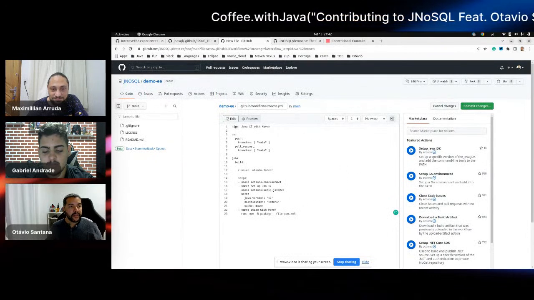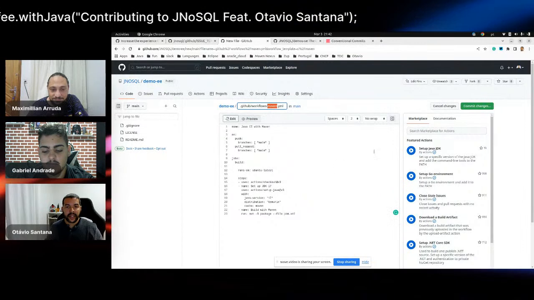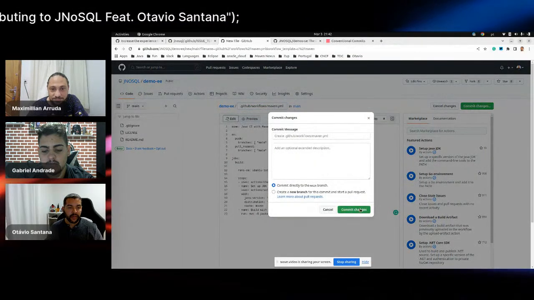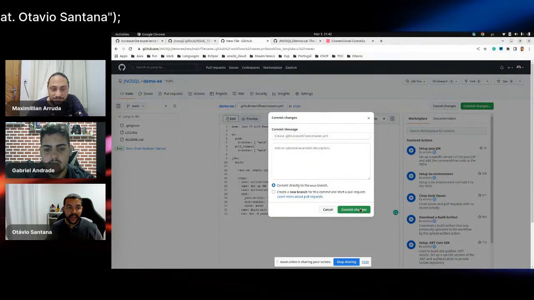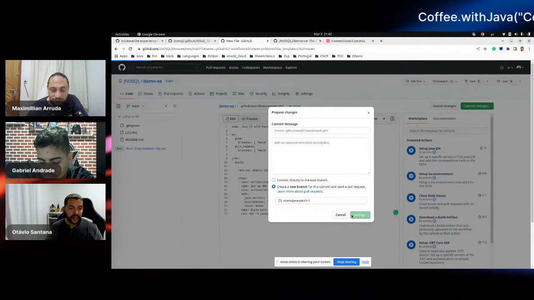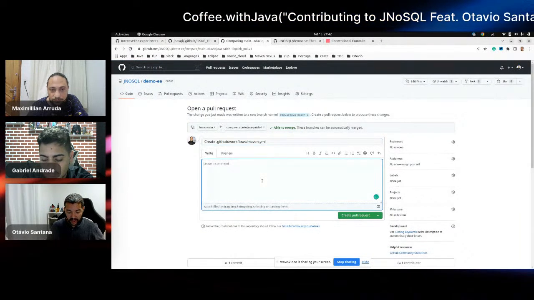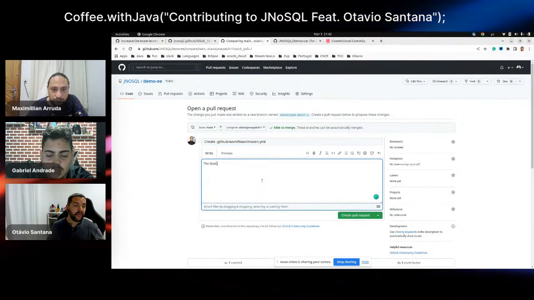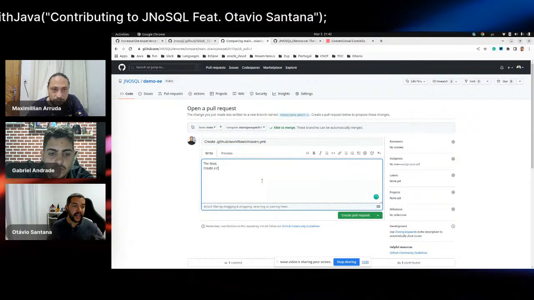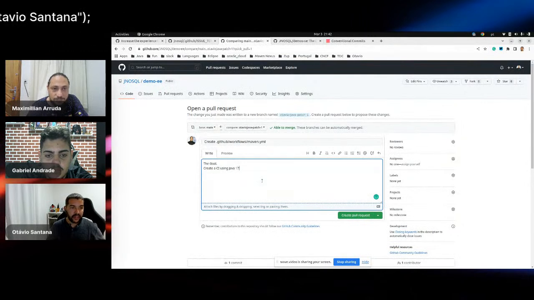So I put Java. No, let's keep it Maven. I will commit directly in a branch. But what can I do? I can create a patch here, and I can put the goal: create a CI using Java 17.